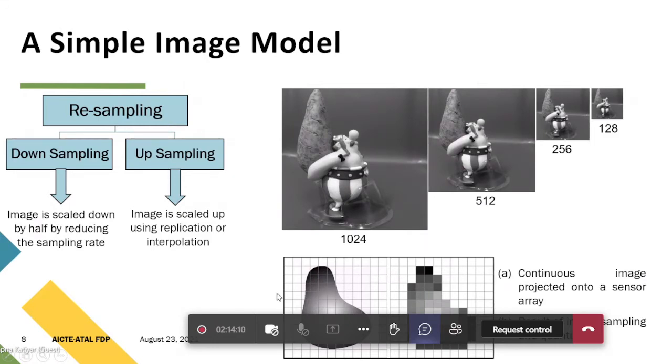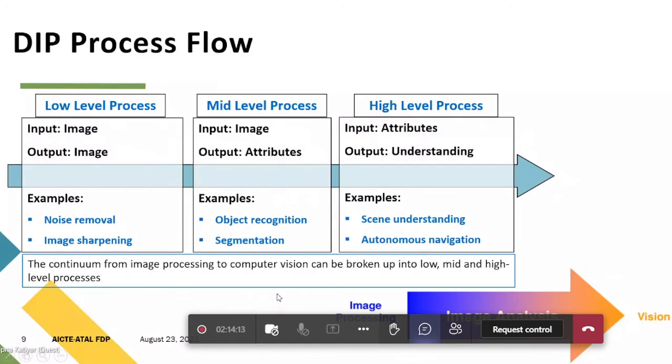So this is about a very simple model. Image processing is understood up to the level of computer vision. You are going to attend various sessions on deep learning and computer vision in this FDP. Initially, whatever you have, you are playing with your image. That is image processing. On that image, if you are extracting or analyzing something, that is image analysis. After that, you can move up to computer vision.